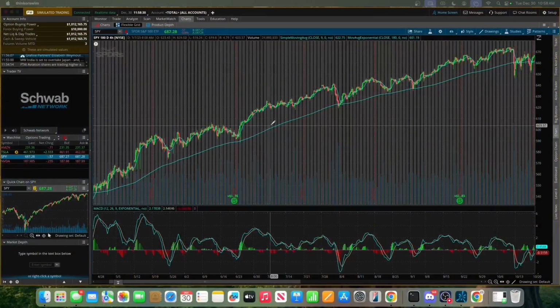The next indicator is the EMA, which stands for exponential moving average, and this is basically the cousin to the SMA. It just reacts a little bit quicker, but I like to use it on the longer time frame. I have mine on the 180-day EMA, which is the one that I like to use, and I'll show you exactly why right now. So if we load into my chart,